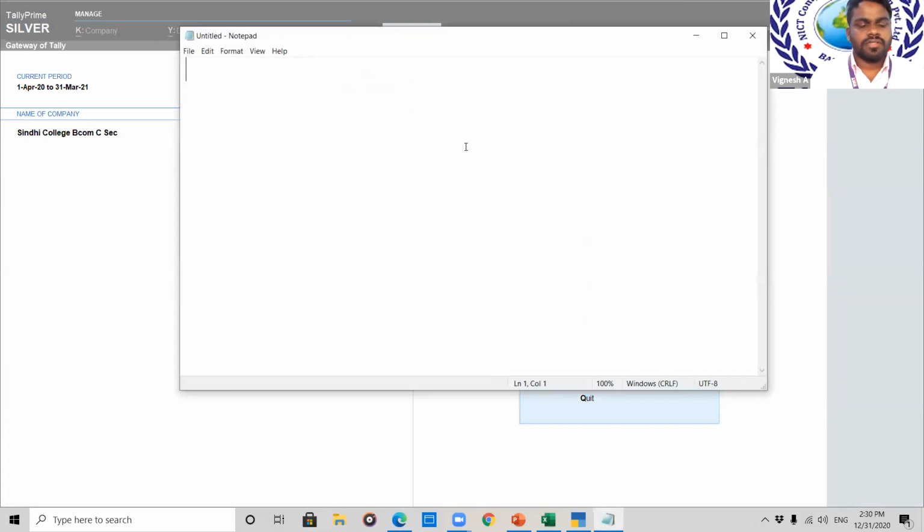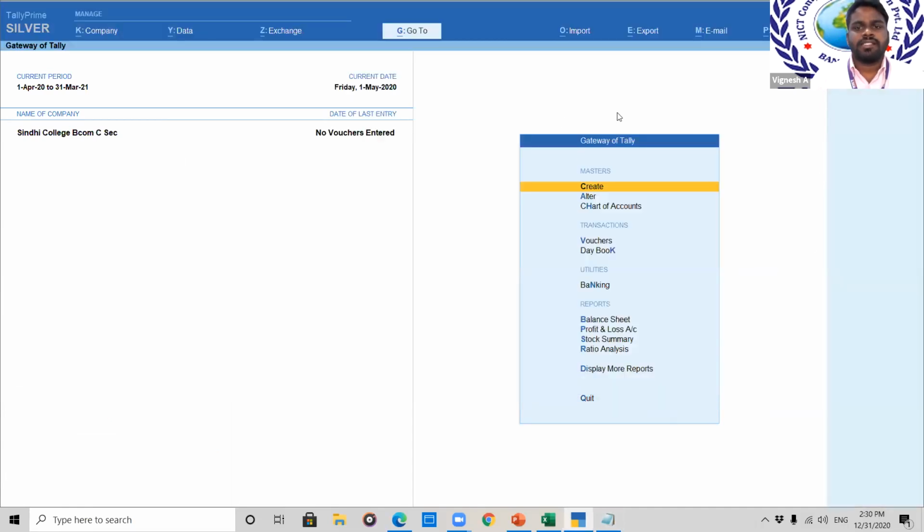Today we are going to check something called masters. What are masters? I'll explain. It is a very important part of doing a transaction. Here you can see the flow in your Tally screen: masters first, transactions then, and then comes your reports. So if you want your reports done, your masters have to be created first, then transactions updated, and only then are your reports updated.